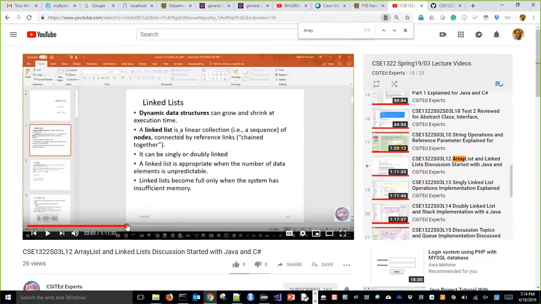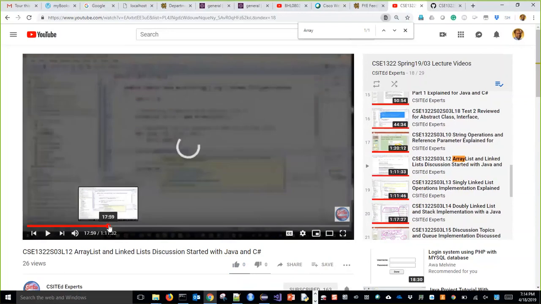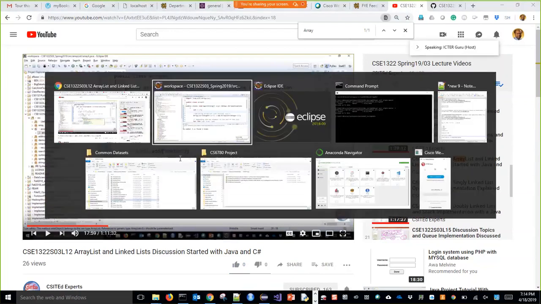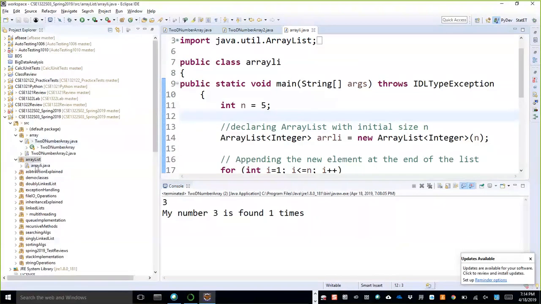I discussed array list for the first few minutes before I started linked list. So this is the program I discussed in this class. This one is an array list.